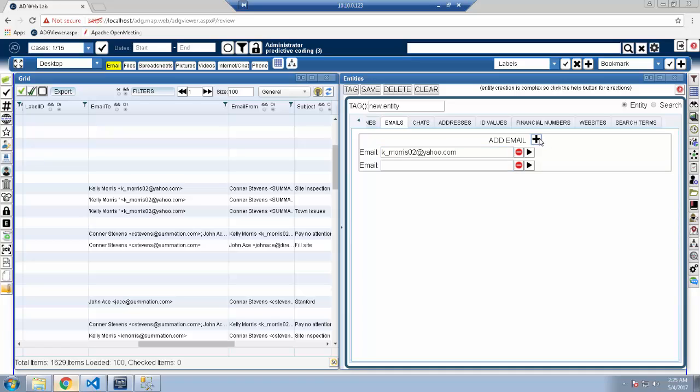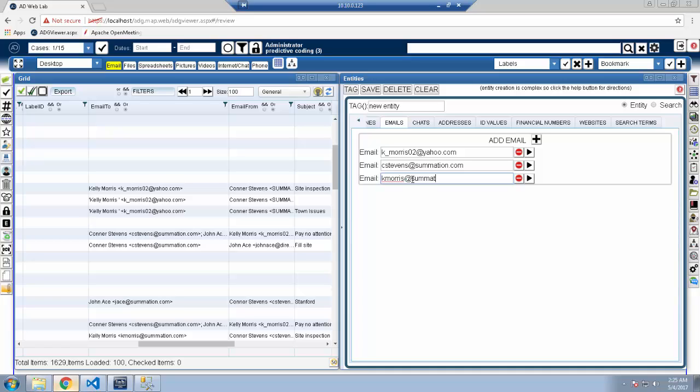And let's add another one. And let's call this SCS Stevens at summation.com. And let's do another one. The more I add here, the more impactful it will look. K Morris